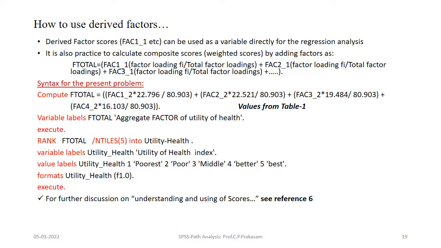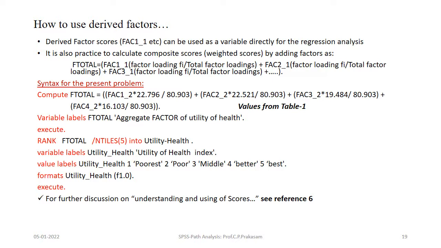What it does is, first of all, after calculating this score for each individual case, it will calculate the ranks, and from those ranks it will divide into 5 segments, and then it will be labeled with whatever label you give, that is the utility of health. The variable name will say utility of health index, and for value labels, since it is given as 5 divisions, you can say utility health.